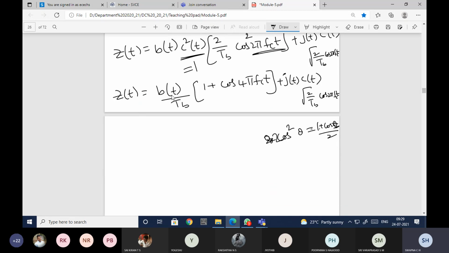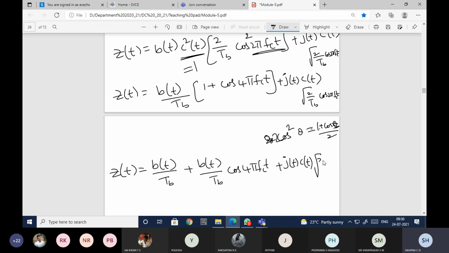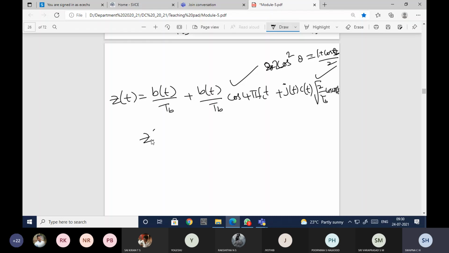Now you multiply this inside. So z of t is equal to b of t by Tb plus b of t by Tb into cos 4 pi fct plus j of t into c of t into root 2 by Tb cos 2 pi fct. Now we are passing it through the integrator. The integrator will work as a low pass filter. If you observe, this is a high frequency component and even this is a high frequency component. So here z of t will be nothing. This is passed through